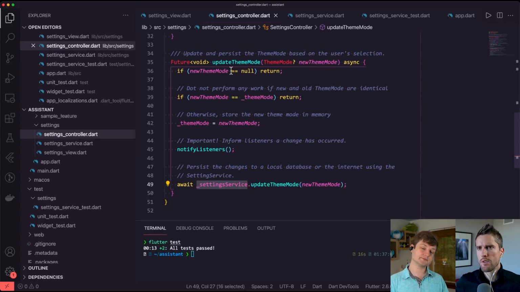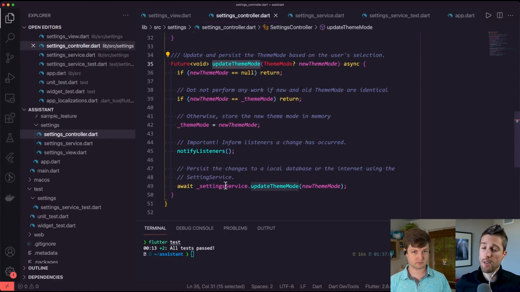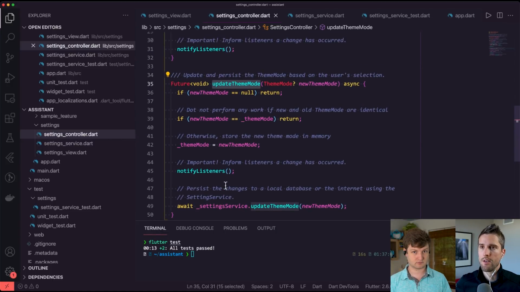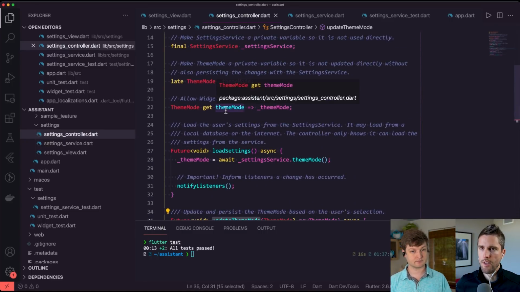So what we want to start with is a test that calls update theme mode, gives it a value, and then verifies that the internal service is updated, and verifies then that theme mode from the controller itself